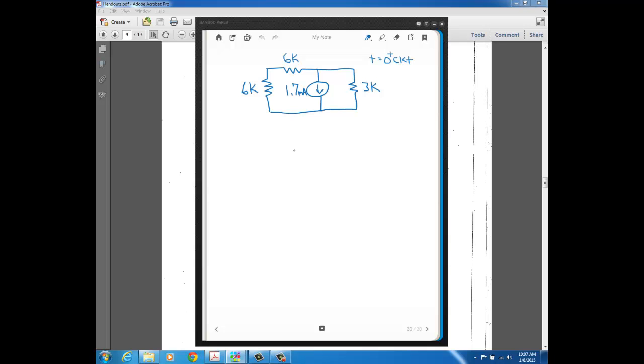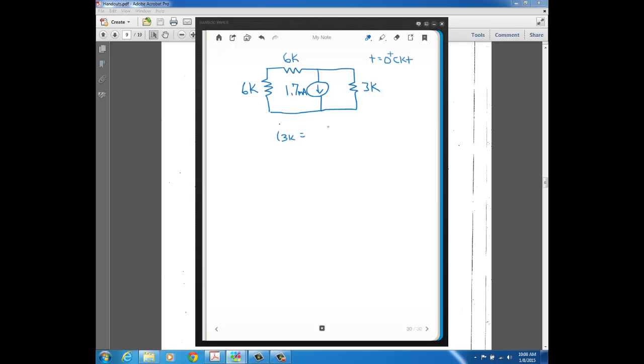And what I did here is I used a current divider to find what the current through the 3K is. Because see these two resistors, the 6Ks, they're in series, and those two 6Ks in series are in parallel with this 3K. So using current divider to find the current through the 3K,